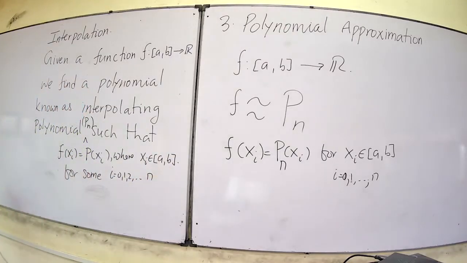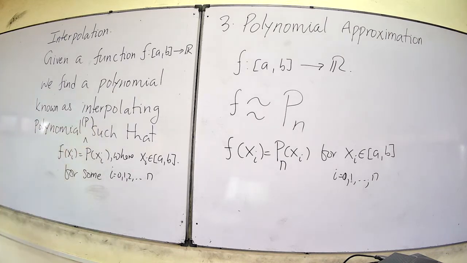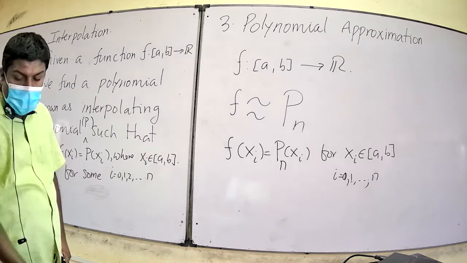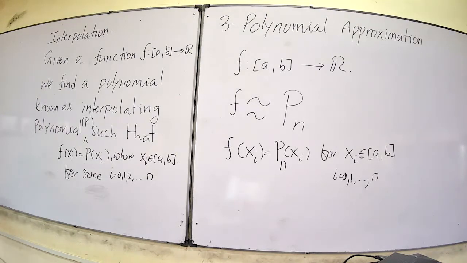Right, so this is what we are going to do. We are trying to find an interpolating polynomial defined by this. So we'll say P. So the question is how we can find a polynomial P like that, right? So if f is a function and we only know the function is defined on certain points, right?